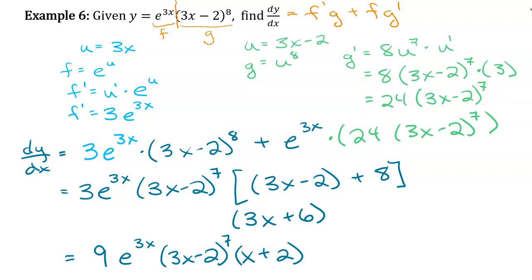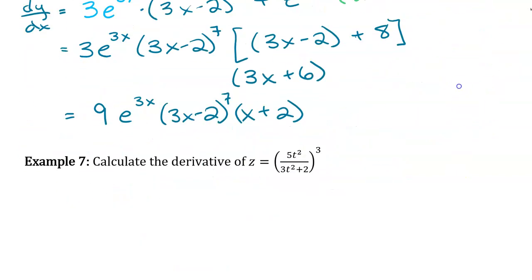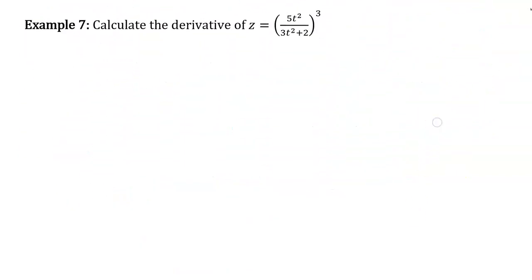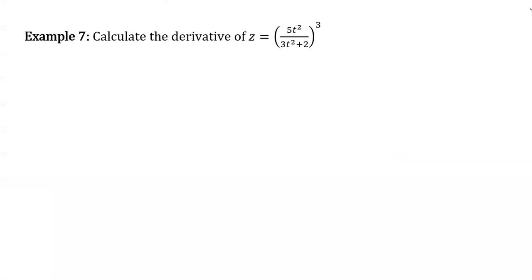Okay, so that was the product rule. How about one with the quotient rule? So in this case, we would have the u of the middle, right? And then we would want u prime, which would be the quotient rule. So let's do this. So u would be 5t squared over 3t squared plus 2,